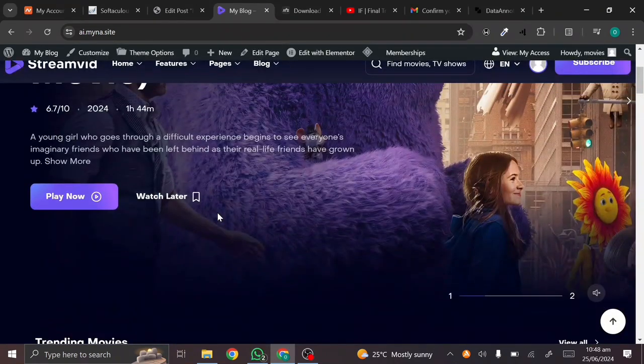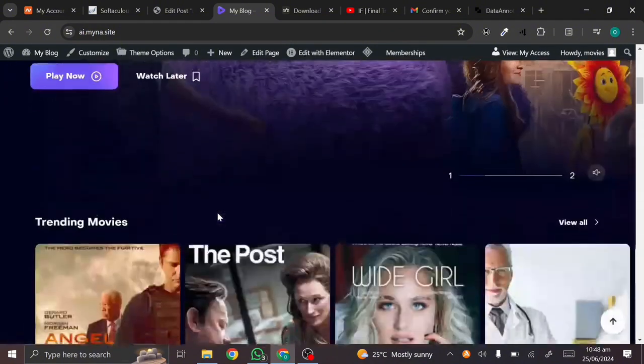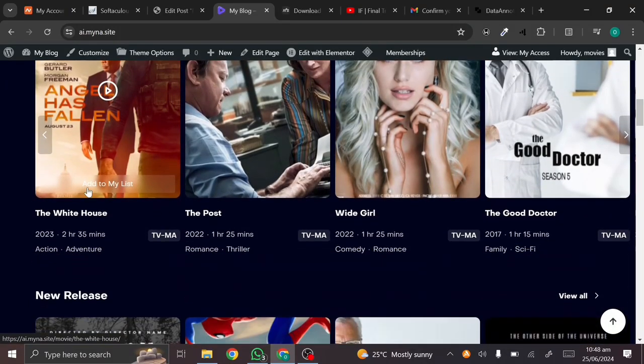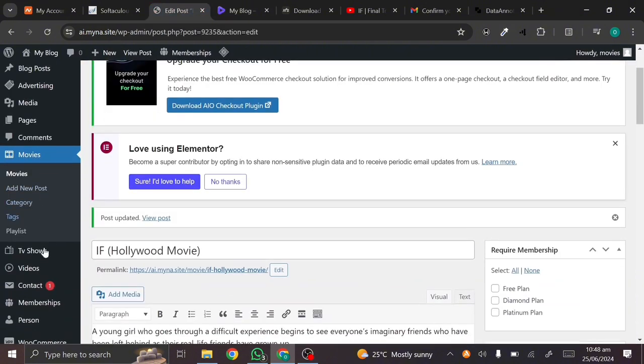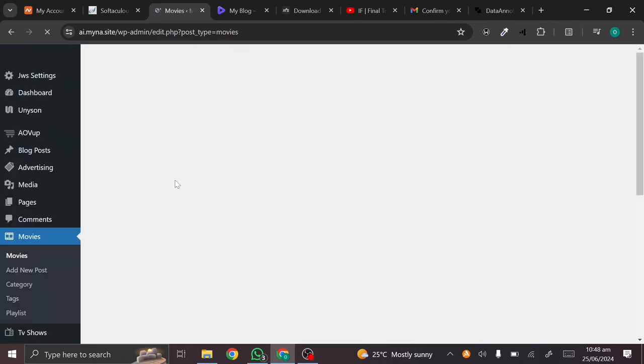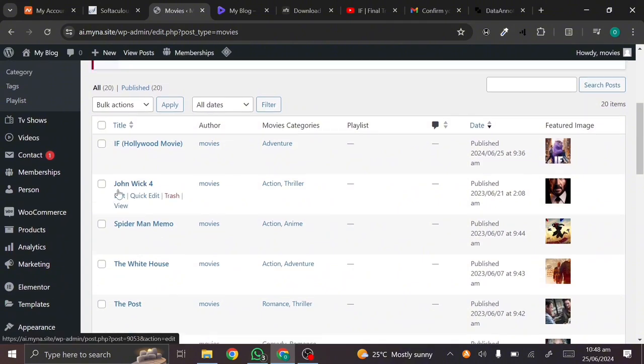Now for me, my advice will be, you already have some of these movies here with the images and all. Instead of you literally going and deleting everything and starting to add new movies, what you could do is look for these movies, look for the downloading link, and just go into them and add them. All right, so let me just show you what I mean. For instance, when I go to movies and I open one of these, let's say John Wick, if I click on edit,